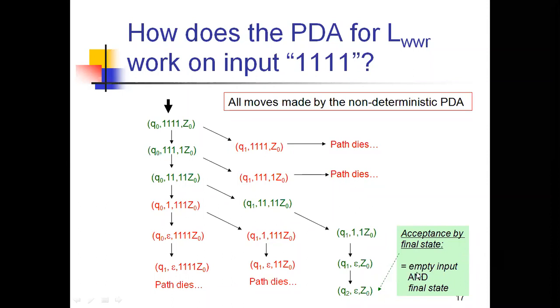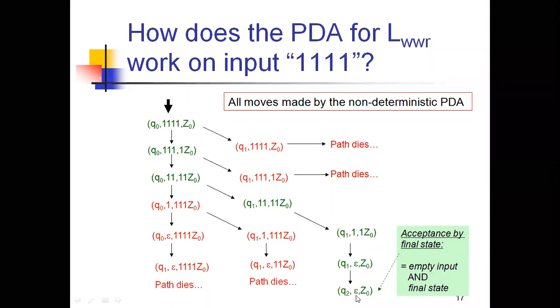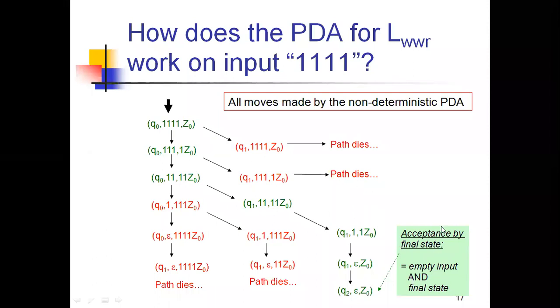And then finally we can show the acceptance by the final state. So it is an empty input and final state. That means we showed the stack is empty and the input alphabet is empty, and finally we reach a final state. That means two acceptances that we showed here for one string. In one example we showed the two ways of accepting, right?